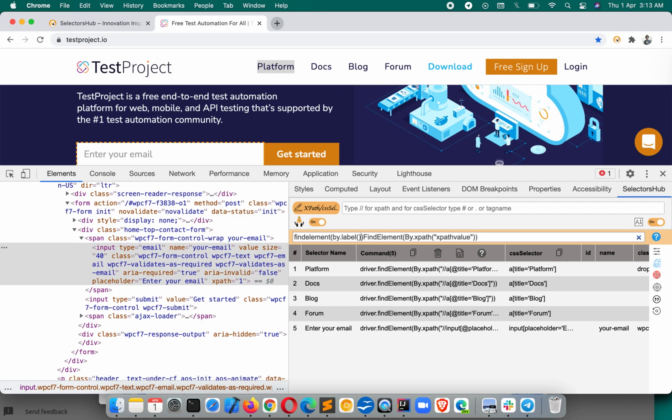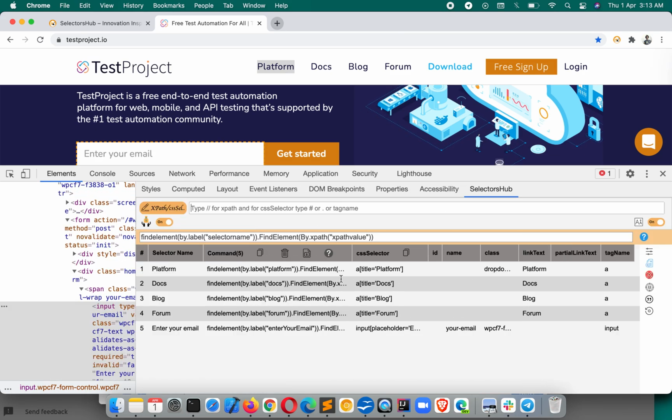So here you have a dot or something like that, and here you have the name basically referring to the element, referring to this XPath. Here you have to replace that with the selector's name and press enter. You see that it will give you the complete command now along with this.